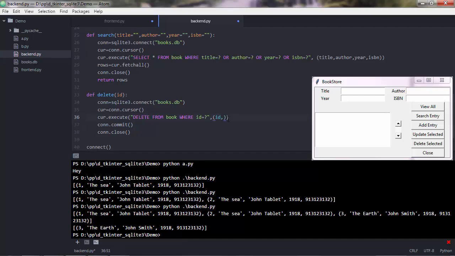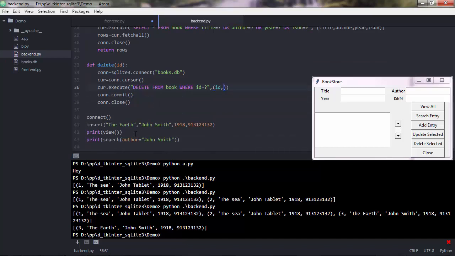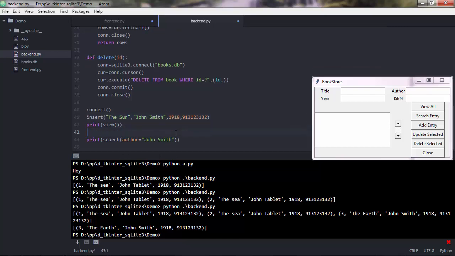And don't forget the comma here. And yeah, that's basically it. Let's save this script now and let's execute it. We insert some data there, let's say the sun this time, and so we'd have the sea again, the earth, and the sun. So I'd like to delete the earth, and